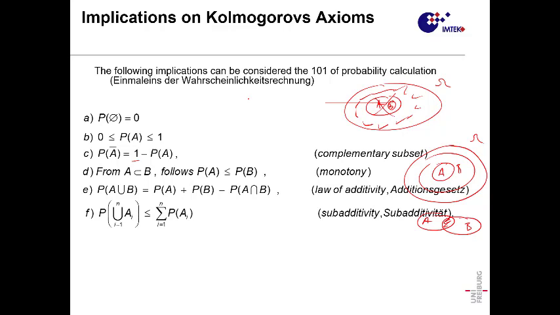You remember from our previous lecture that we can partition, for example, A, in A sub i. The function applied to the union of this partition has to be equal to the summation of the function applied to each individual partition, if they don't overlap. But if they overlap, it will be less. So that's why this inequality: less than or equal to the summation of the probability, or the function, applied to these subsets or these partitions.